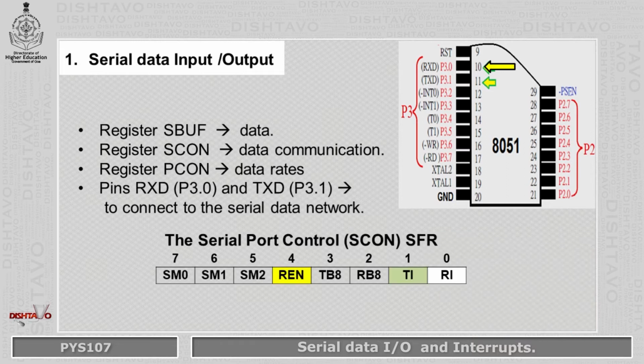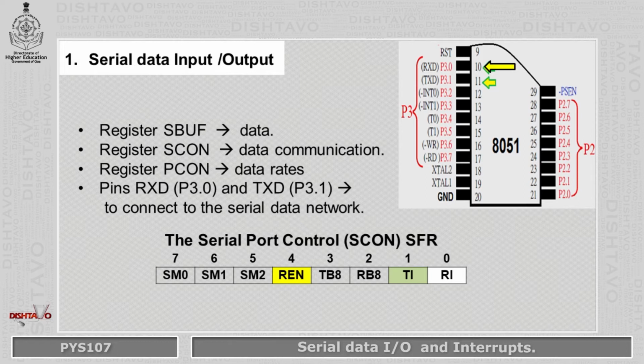The serial port buffer register SBUF, which is a special function register, is physically two registers. One is write only and is used to hold data to be transmitted out of the 8051 via the transmit data pin, that is pin TxD.